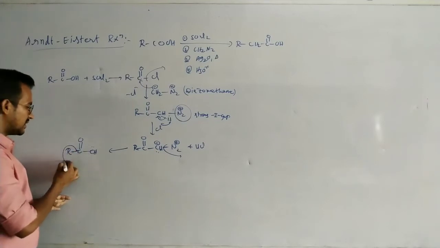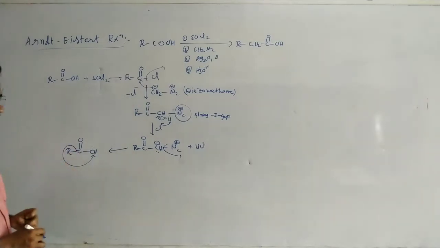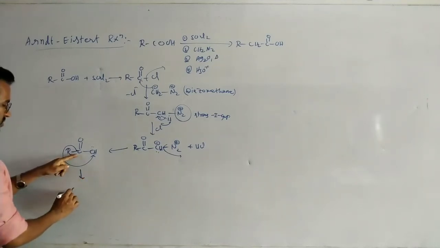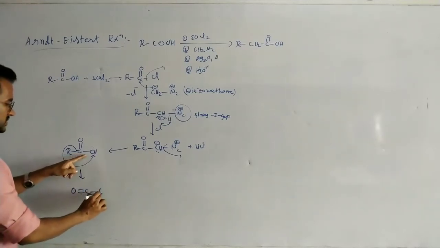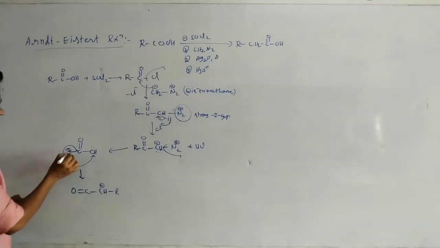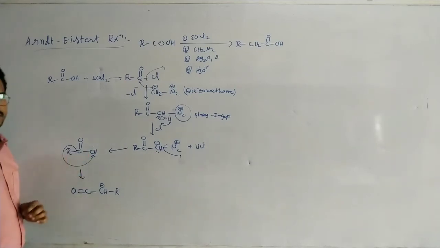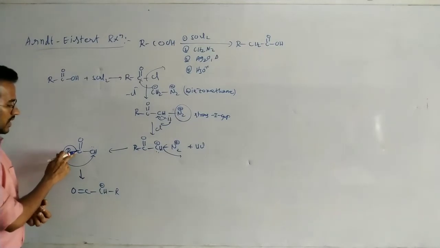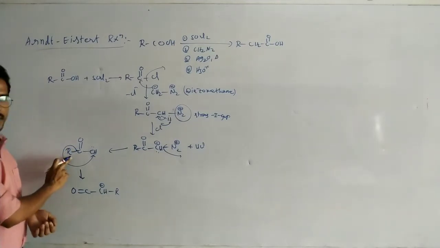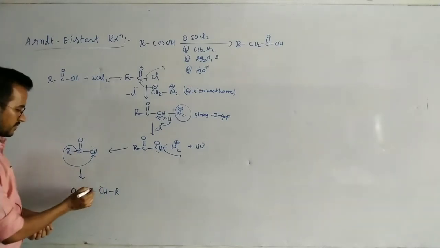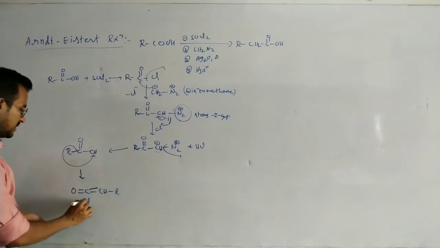So here this alkyl group migrates towards this electron deficient carbon. As a result, oxygen double bond carbon, double bond CH, bond alkyl group. This one carries a negative charge because this R minus is migrating towards CH, that gains electrons. Now in this bond breaking, the alkyl group migrates with a pair of electrons, this carbon carries a positive charge. So positive, negative, pi bond. So it is nothing but ketene.